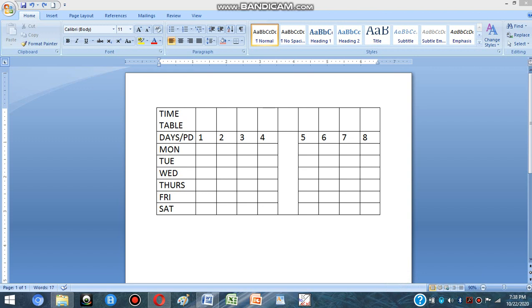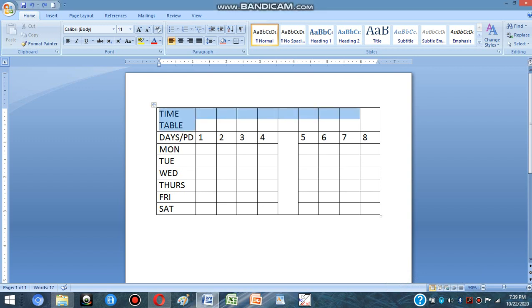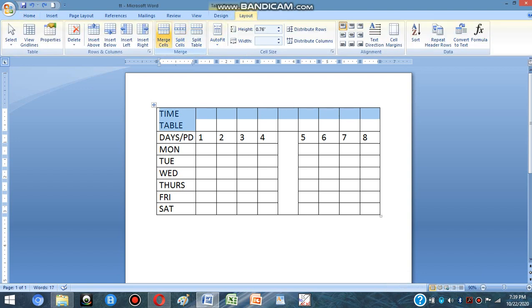Now this timetable is appearing in the first cell of the whole table and it is looking weird. So we can merge this first row and make it in between like a heading. How can we do this? Let us see that. First of all, we have to select all the cells of the row or column whose cells we want to merge. Then go to Layout tab, Merge Cells.